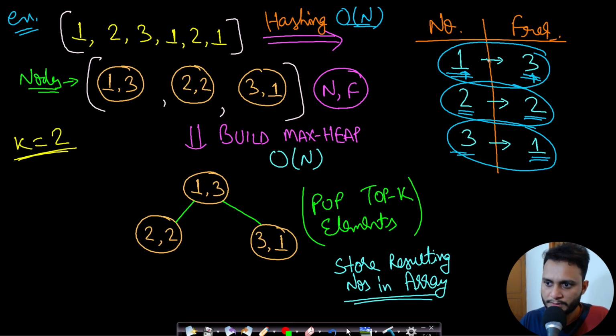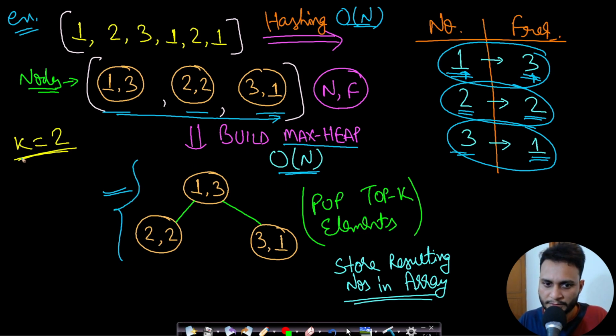So we can just form a heap using these elements by applying the build heap algorithm. In this case, we will be forming a max heap because we need the top k elements, that is the highest frequency k elements. So these are the 3 nodes, and if we apply build heap on them, it can be done in just order of n time. The proof of this has already been explained in my heap playlist. If you form this heap, the order will still remain the same in the form of an array, and this is the heap representation in the form of a tree.